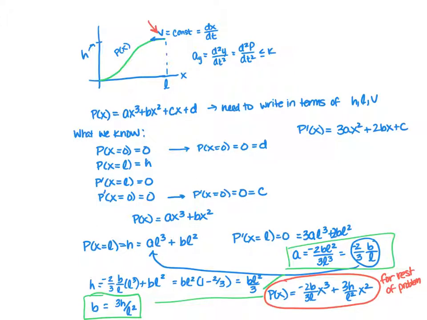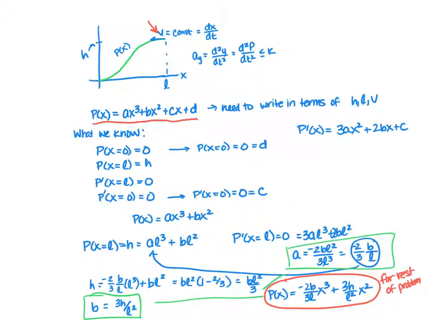We are told that the vertical acceleration can't be any bigger than this value k, and one of the things we have to figure out is what k is. They're telling you that this green curve, which is the path that it takes, is a cubic. And so the first thing is you're given this really general way to write the function. And basically, you're using the information they gave you to figure out what A, B, C, and